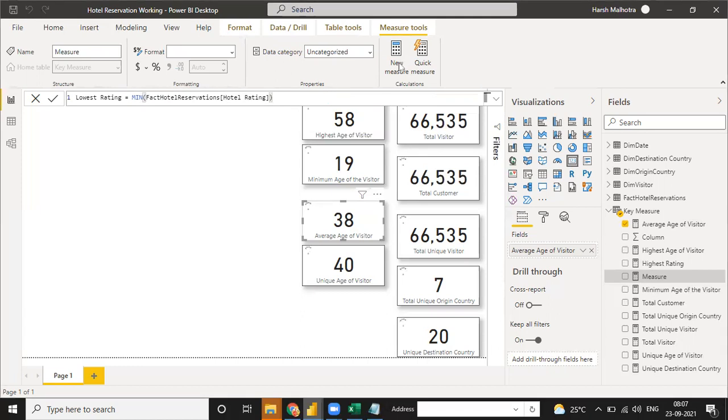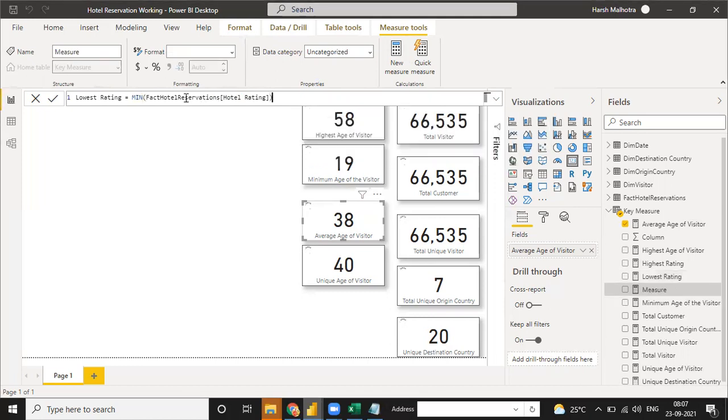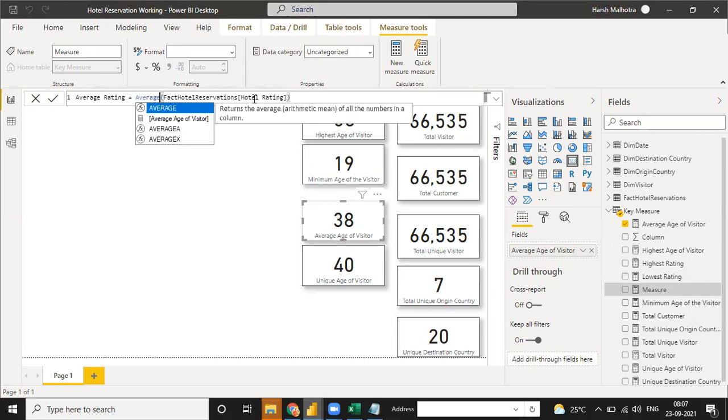And for the average also you can use the same column name. Just click on new measure. Average rating.